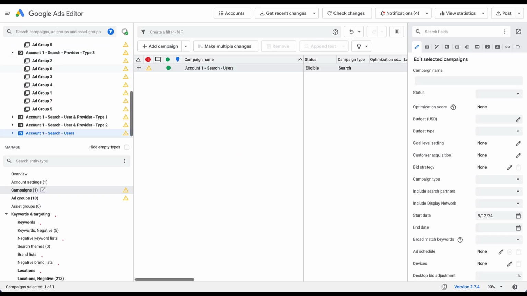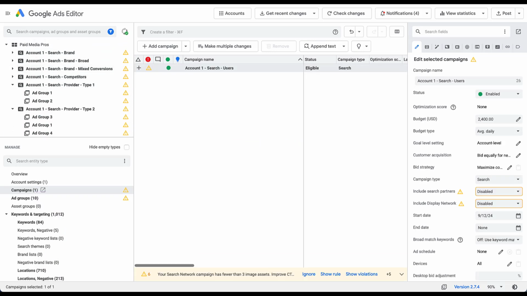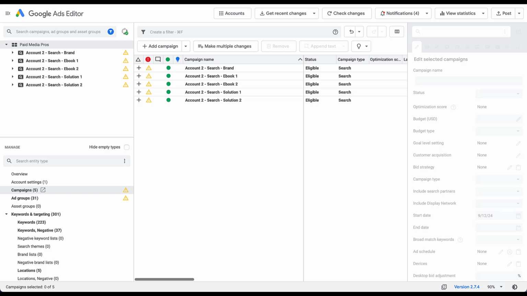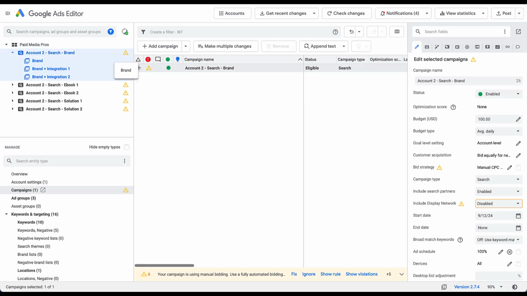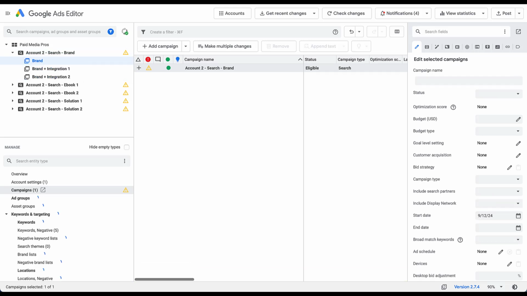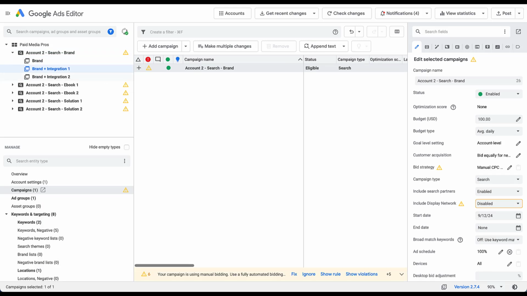So let me pull up some campaigns for a second account. Just like account 1, account 2 has some pretty clear naming conventions when it comes to the campaigns. So we have a brand campaign. We'll open that up. This looks a little different. So we have a brand ad group by itself, but then we have a brand plus integration 1 and a brand plus integration 2. And that's because this is a software brand